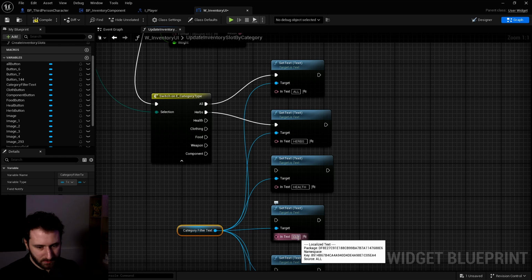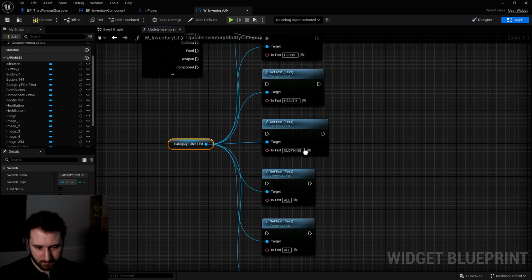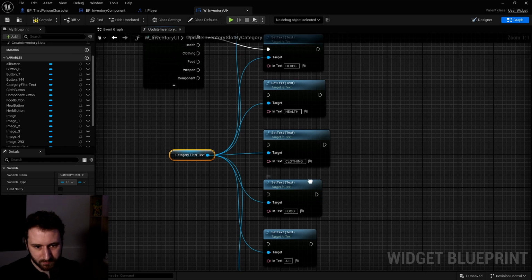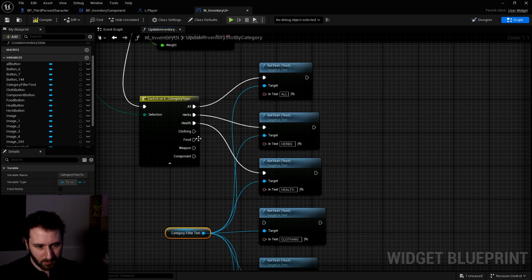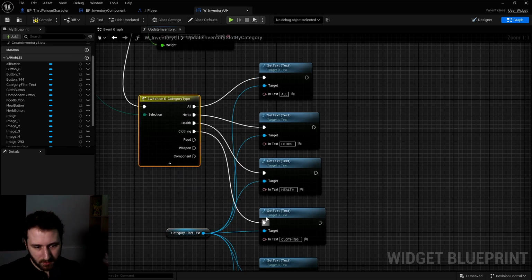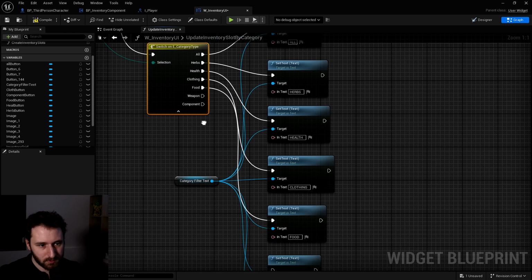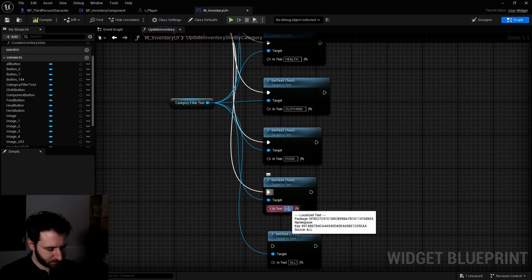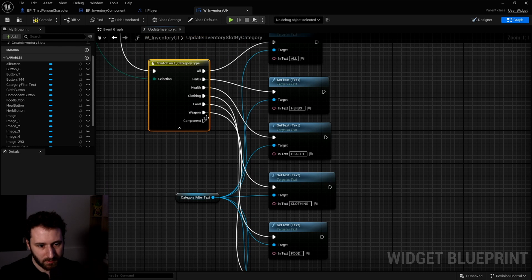In here, let's put clothing. Food. Let's plug them up as we go. Clothing, food. This one will be weapon. And the last one will be component.